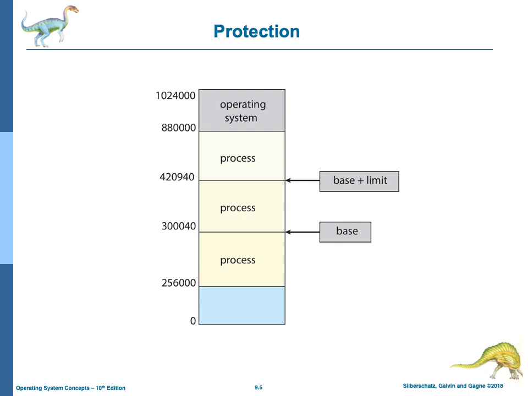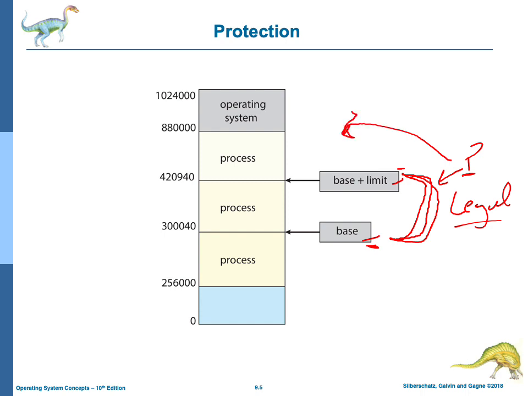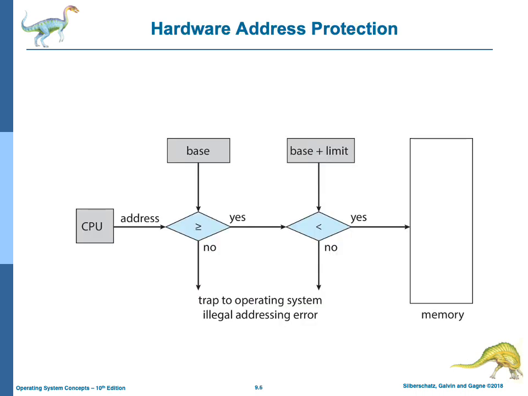The way we can provide protection is using the base and limit registers. So we assign to every process a legal space of addresses that this process can legally access, and it falls between a base address and a base plus limit address. The process can freely access all the addresses in this area, but if this process tries to access an address that's outside this range, then a trap is generated to the OS saying that this is an illegal access. And so the CPU has to check every memory access that is generated in user mode, make sure that it falls within the base and base plus limit range, and if it's not, then an error is generated